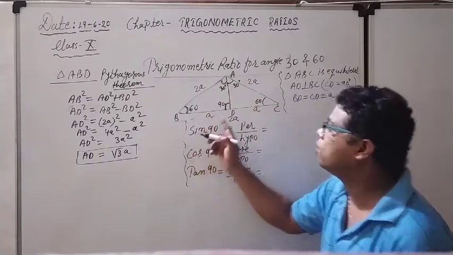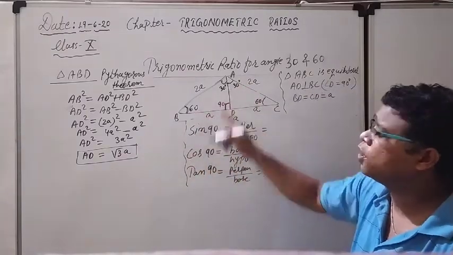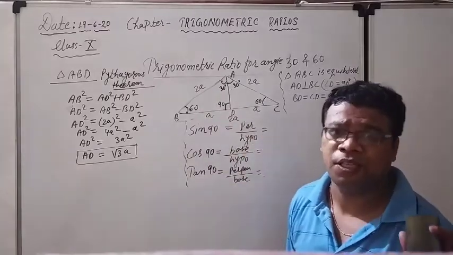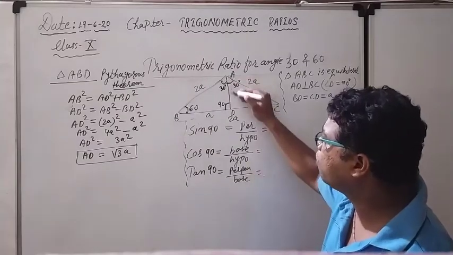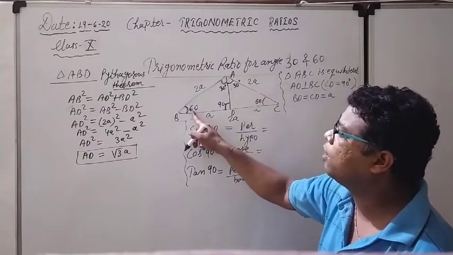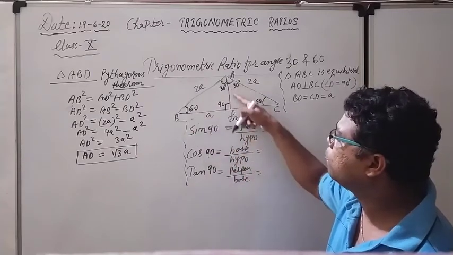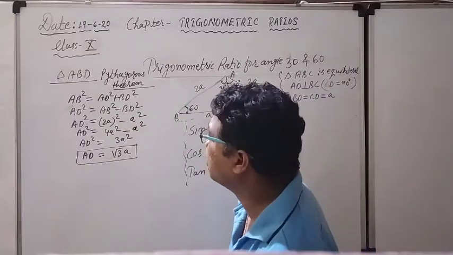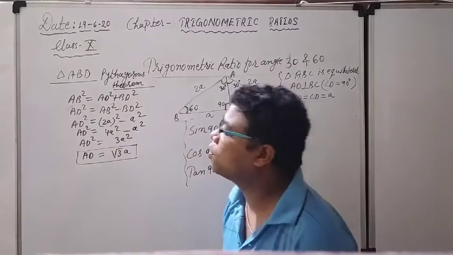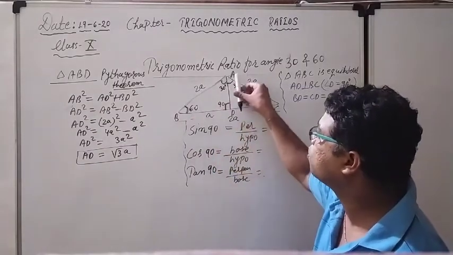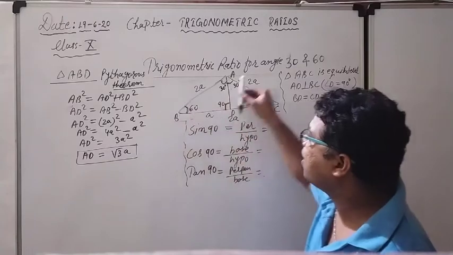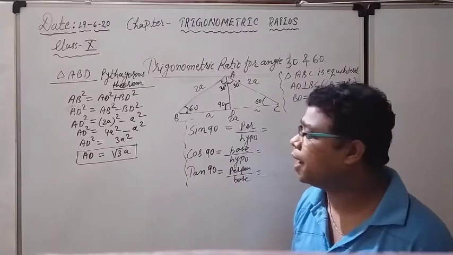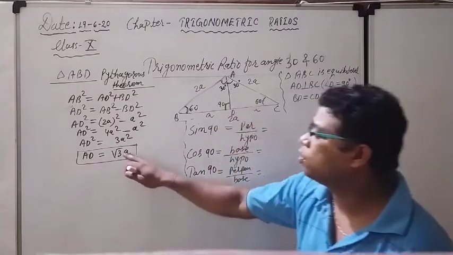Actually, we have to find out the trigonometric ratios for 60 degrees and for 30 degrees also. Both we can find out with the help of this simple figure. Right now, we have to find out AD also, because if I have to find the 60 degree ratios, this is going to be my perpendicular. For that we apply the Pythagoras theorem here. So AB square is equal to AD square plus BD square. You can see AB is the hypotenuse. I have to find out AD square, so I am transferring BD there. Values I have put the same way, and I get the value of AD equal to root 3 a.